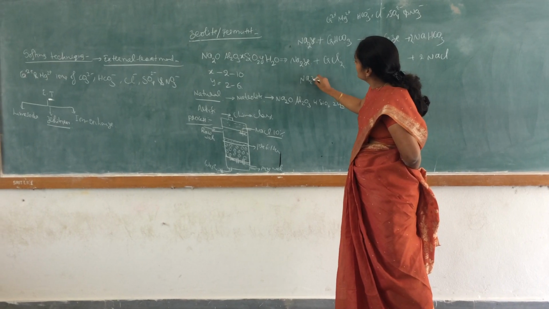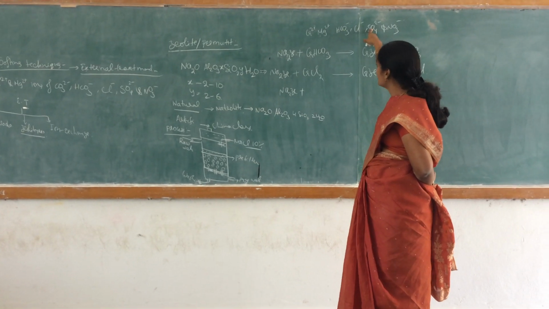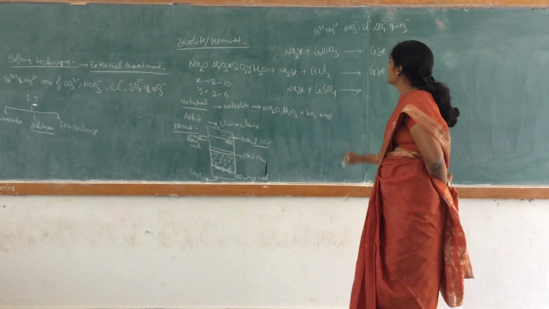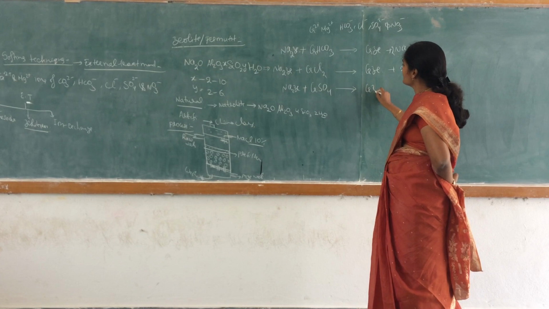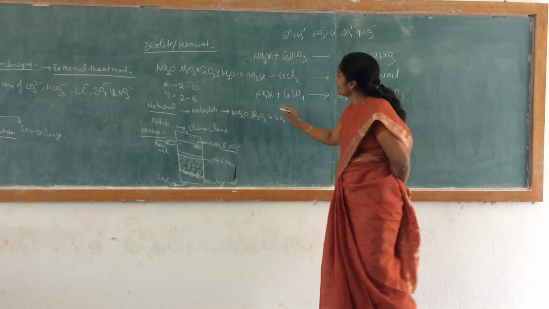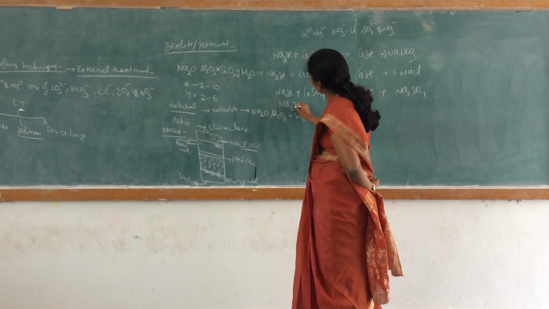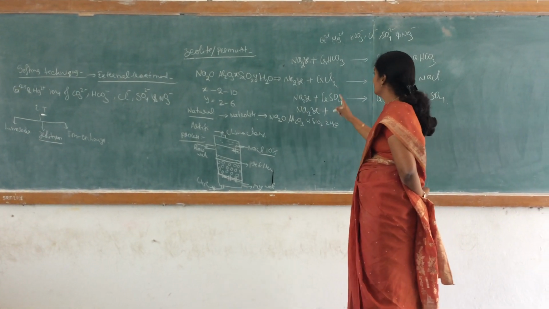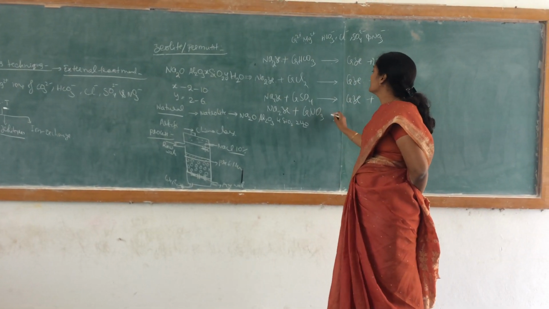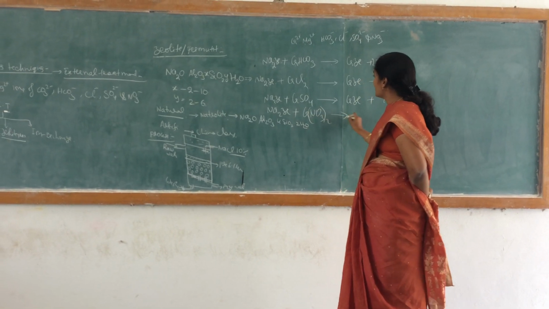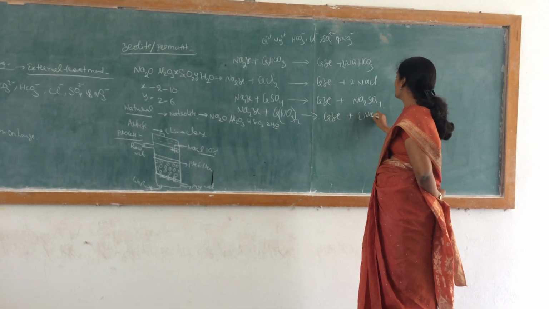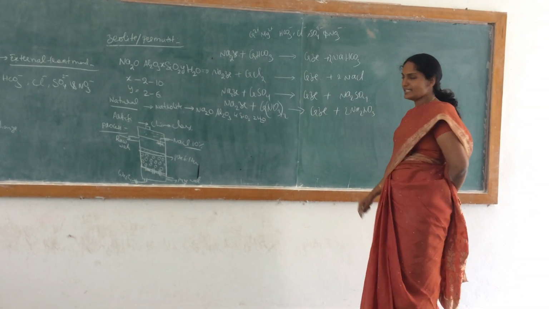Sodium zeolite, when we pass one more hardness salt, that is calcium sulfate, produces calcium zeolite plus sodium sulfate. Next we take one more, sodium zeolite plus calcium nitrate, which remains in that water. When it is passed through, it produces calcium zeolite plus sodium nitrate. This is the process.